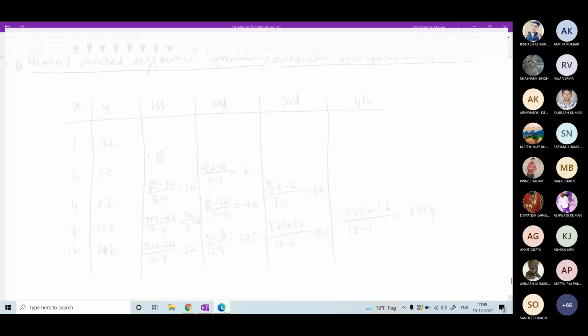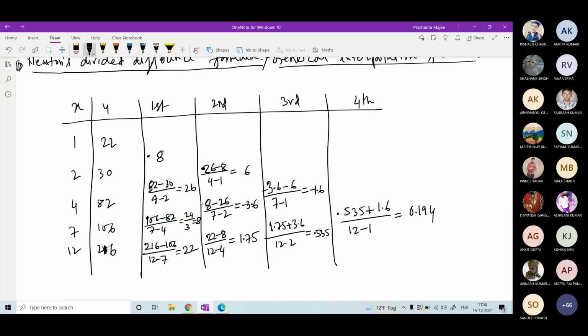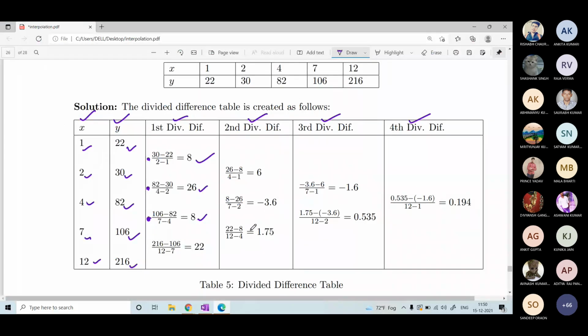And you have to remember only one particular diagonal in this divided difference table, that is the first diagonal. This right diagonal you have to remember. Just like the forward difference table, where the first diagonal was used in Newton's forward difference formula, here also the first diagonal in the divided difference table will be used in Newton's divided difference formula. Let's see how. Let us go back to the PDF. Did you understand how to create the divided difference table?